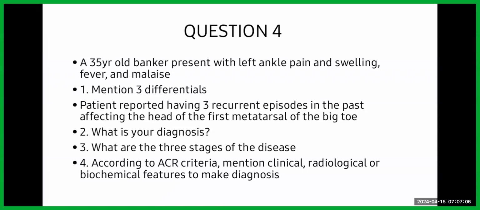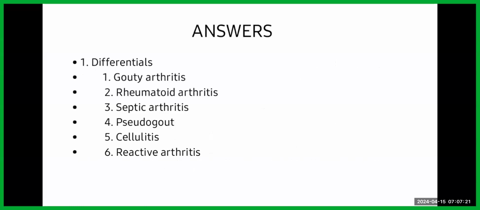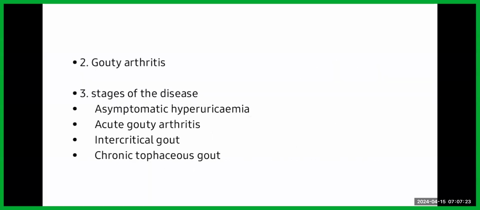The metacarpophalangeal joints of the fingers, especially the first digit, are more commonly affected compared to the metatarsophalangeal joint of the big toe. However, as I said, all of them could affect this joint as one of the commonest presentations. So, with this information, I considered gouty arthritis more than rheumatoid arthritis. However, there is not much difference.